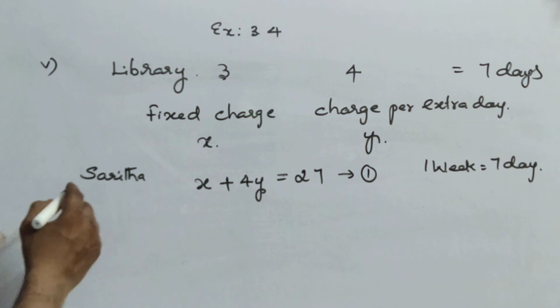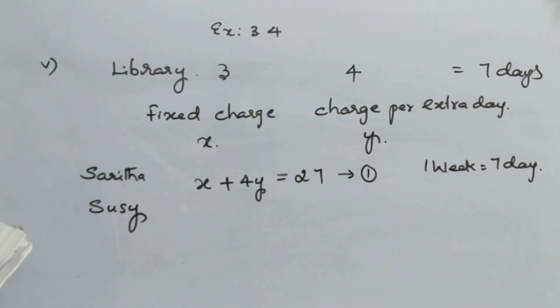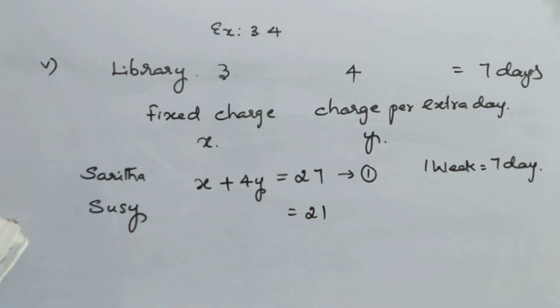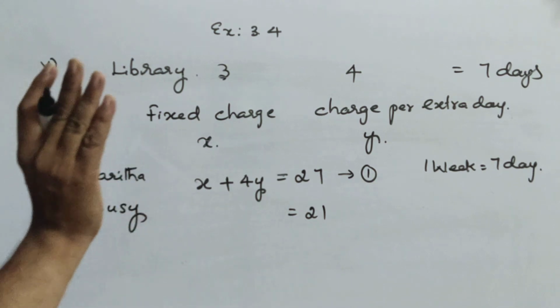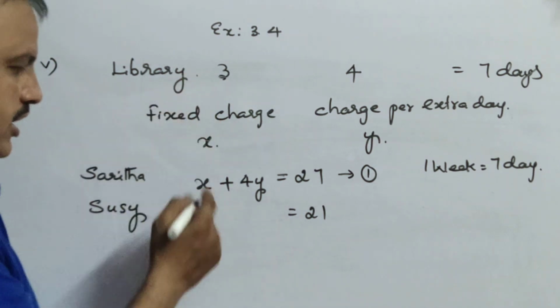And Susay, one more girl. Okay, she paid 21 rupees, total amount she paid 21 rupees. But how long did she keep the book with her? She kept the book for 5 days. Okay, so fixed charge X,